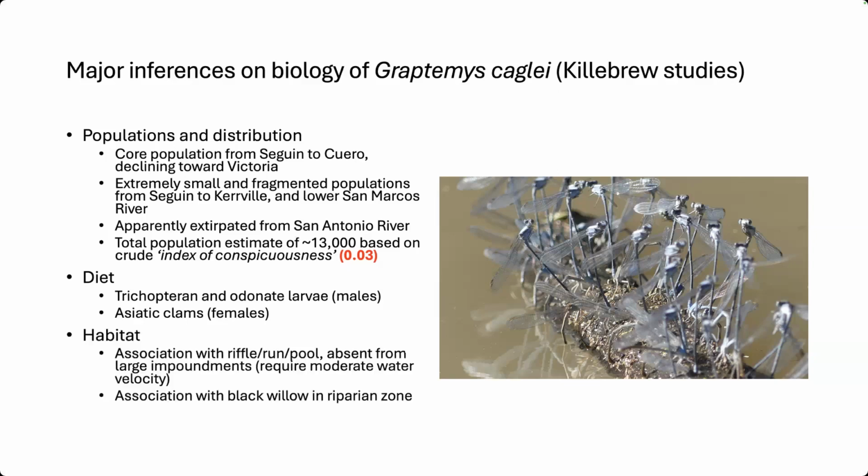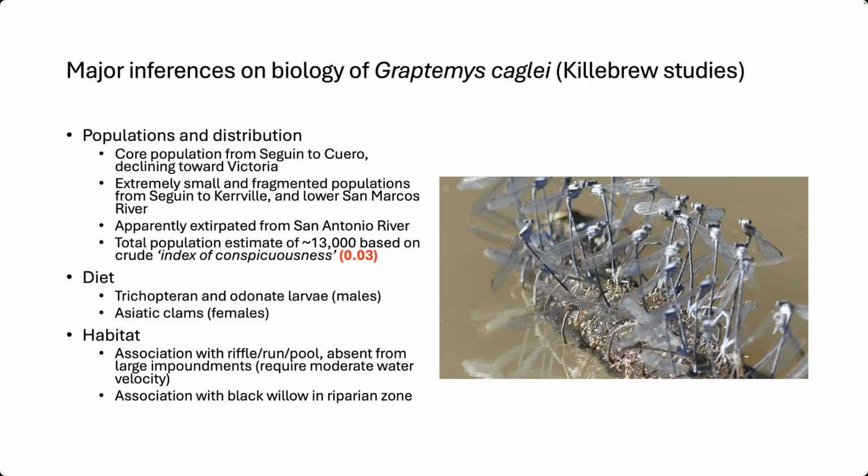And they also did some work on habitat associations with Cagle's map turtles, where I think this work is a little bit problematic if you read it closely. But essentially, it's persisted as the biology of Cagle's map turtle for the last 30 years or so. They basically determined that Cagle's map turtle required natural riverine habitats that included riffles, runs, and pools,